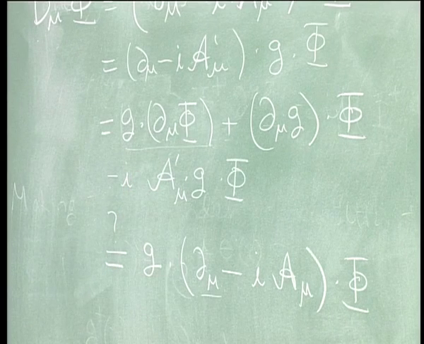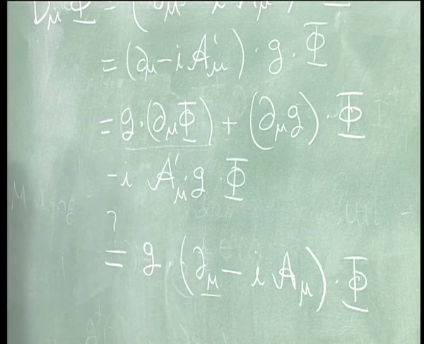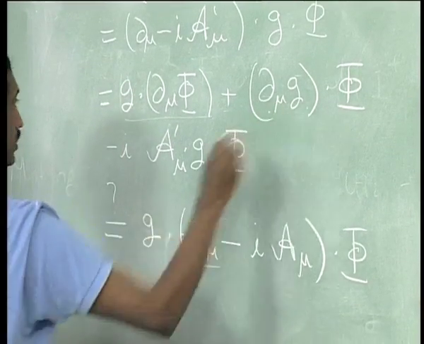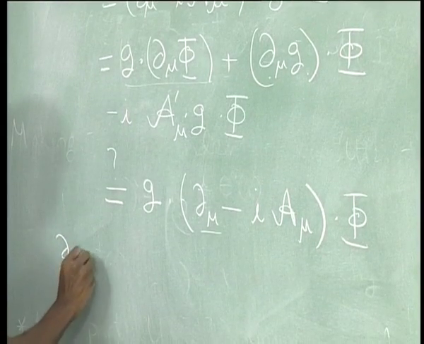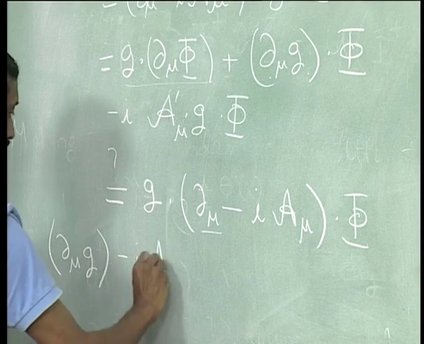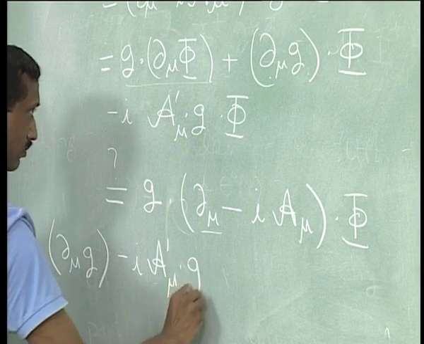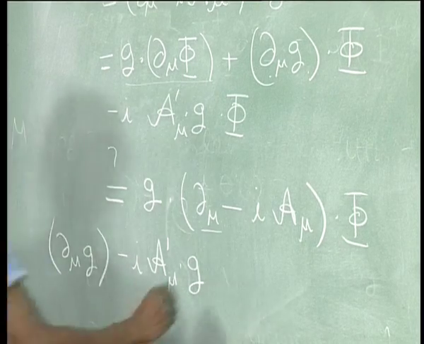So let me just write it out and get rid of the phi from the story, that is what I need to do. So what we need is d mu of g minus I A mu prime minus g should be equal to